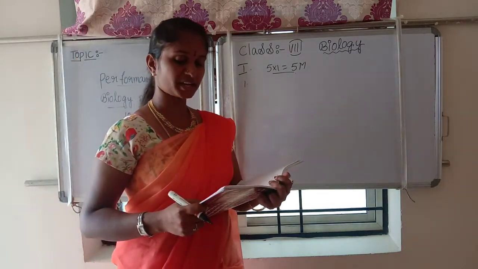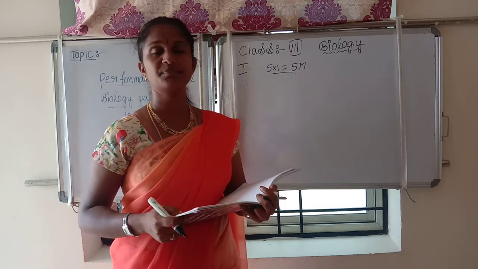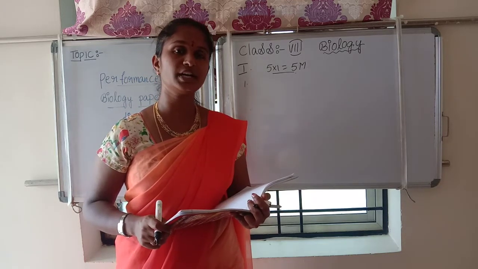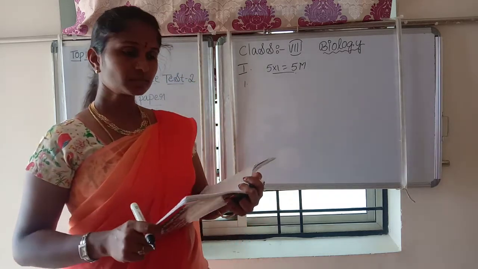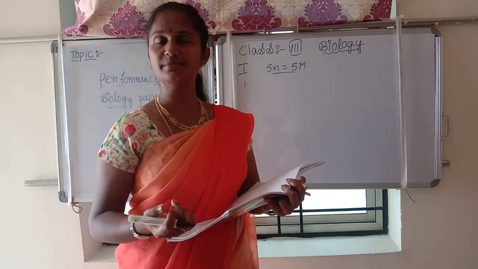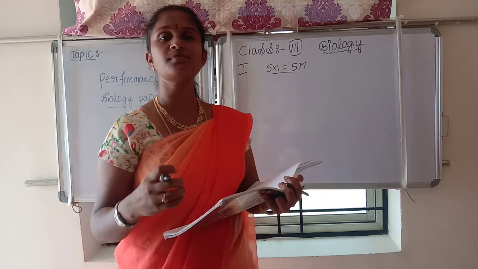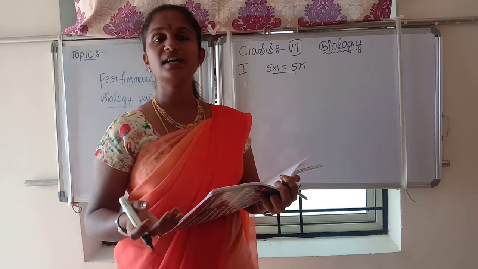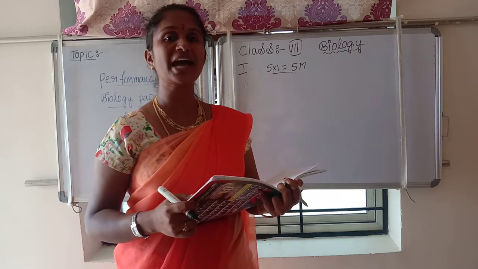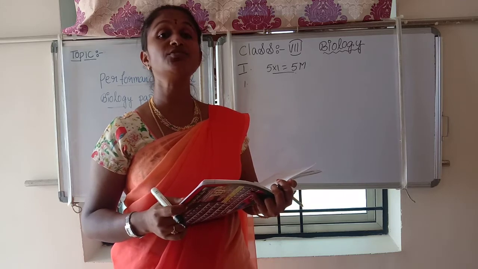Which type of bacterium is helpful to promote the formation of curd? For the formation of curd, which type of bacterium is involved? We already discussed this at the time of microorganisms. Different types of microorganisms are present in milk. When we heat it, all the bad germs are killed at 60 to 70 degrees centigrade. And if you want curd, you should add the previous day's curd to the milk. In the previous day's curd, what will be present?